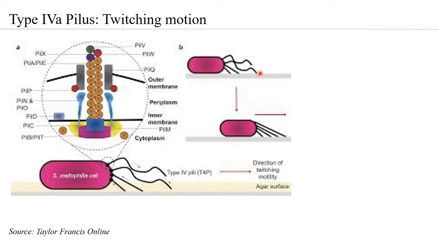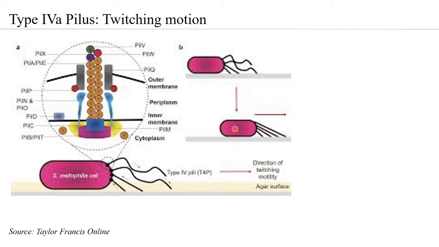It's not necessary that the tip always has to adhere. There are adhesins present all along which can also interact with the surface, but essentially the extended pilus is able to attach to the surface. On attaching to the surface, this is the extended form, and suddenly it retracts. We know that the retraction is because of the change in the direction of the motor. Due to the retraction, the bacteria which was positioned here has now moved. You can see a bacteria that was present over here, because of the retraction of the pilus, has moved.